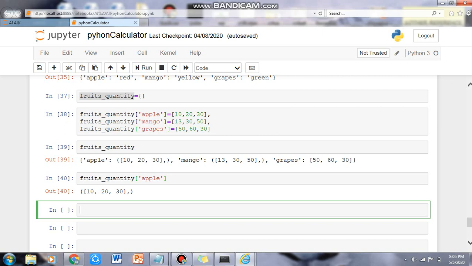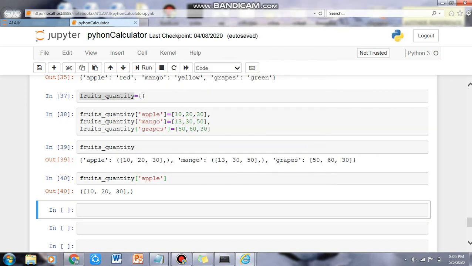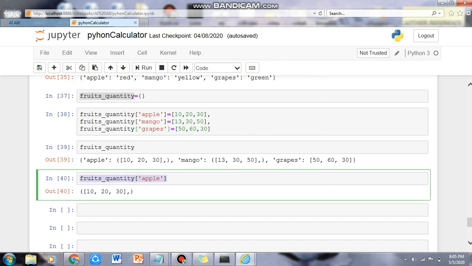When we are doing some data analysis, like in artificial intelligence or data science, we have to use these keys to find out what values they are showing. And sometimes we also need to update these values.